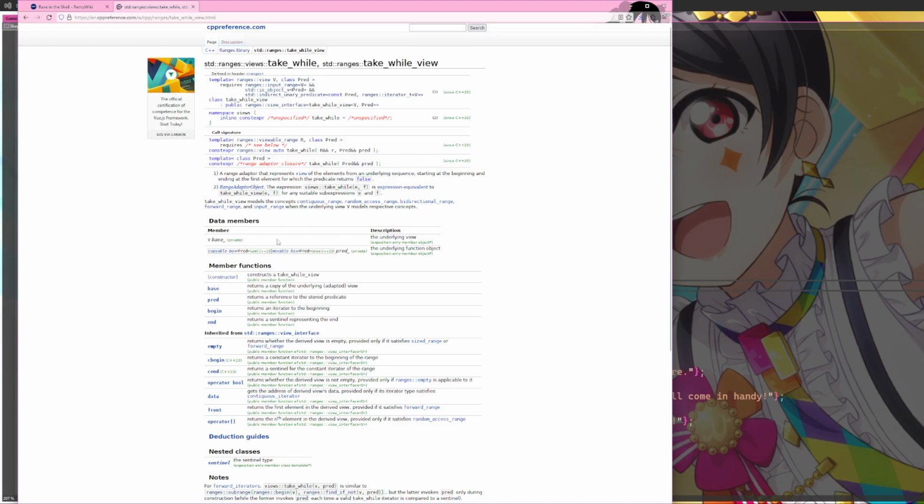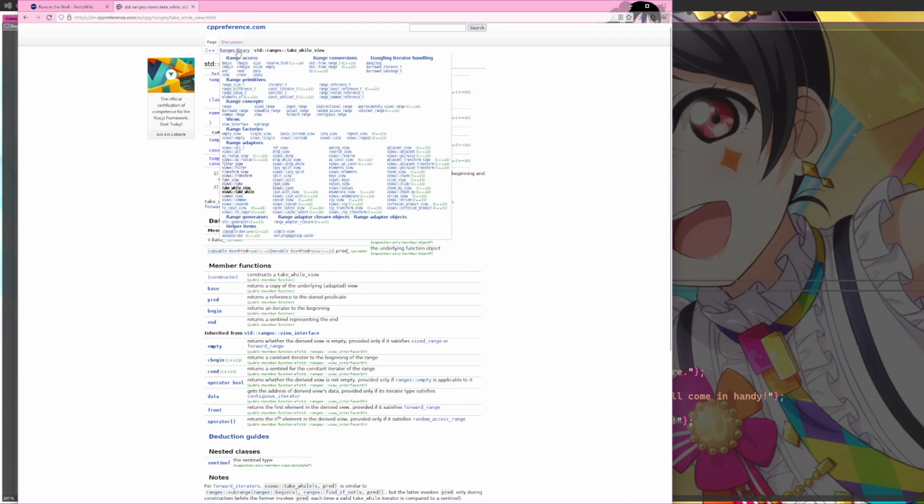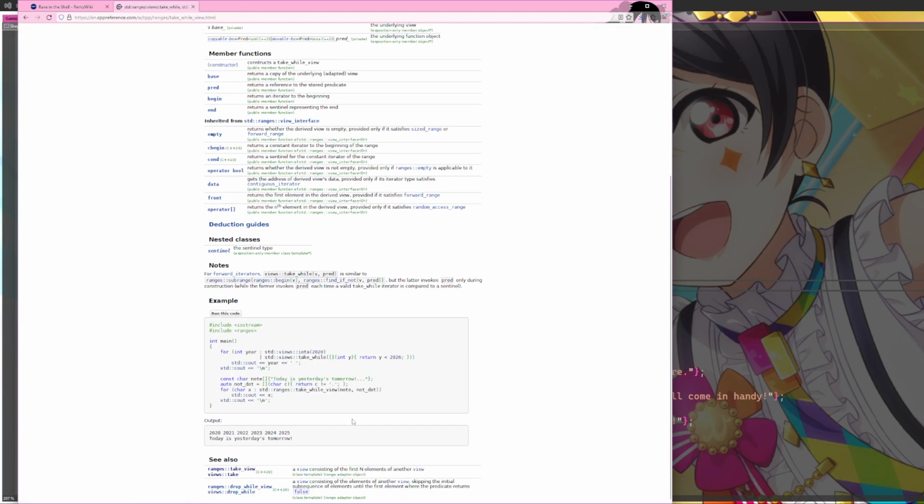I literally just want to find out if one is available. So I guess we say drop while view, a view consisting of the elements of another view, skipping the initial subsequence of elements until the first element where the predicate returns false. Because we want to find one that's true.